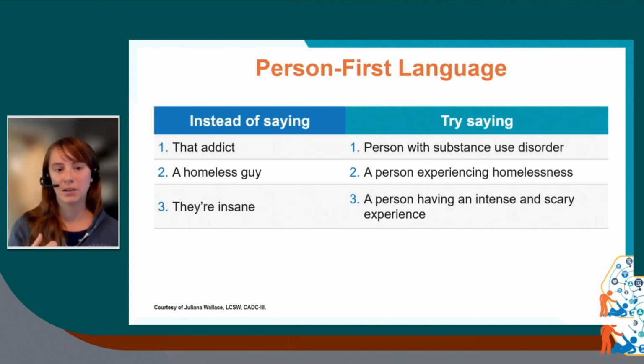So you might hear that addict. I would try on a person with a substance use disorder. I sometimes take this a step further and say a person who's using substances in a pattern that isn't working for their life. Right? That homeless guy over there, or this homeless guy that keeps showing up every day in our lobby, it's actually a person who's experiencing homelessness or houselessness. I might even try on a person who's living outside to actually describe the experience of where they're living.